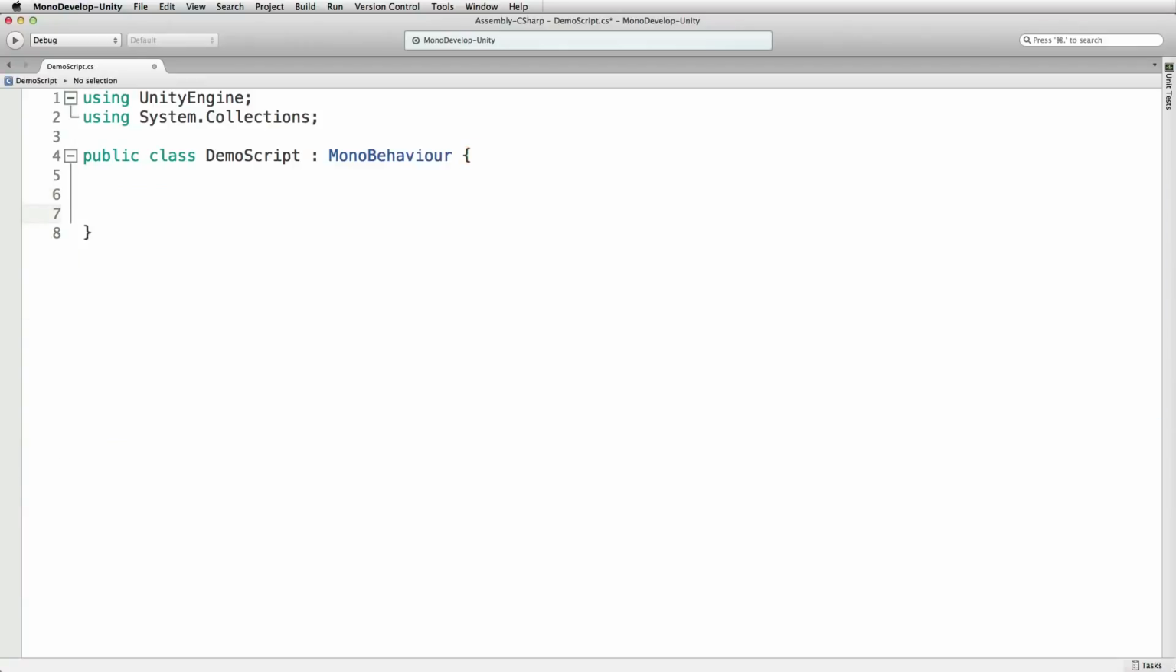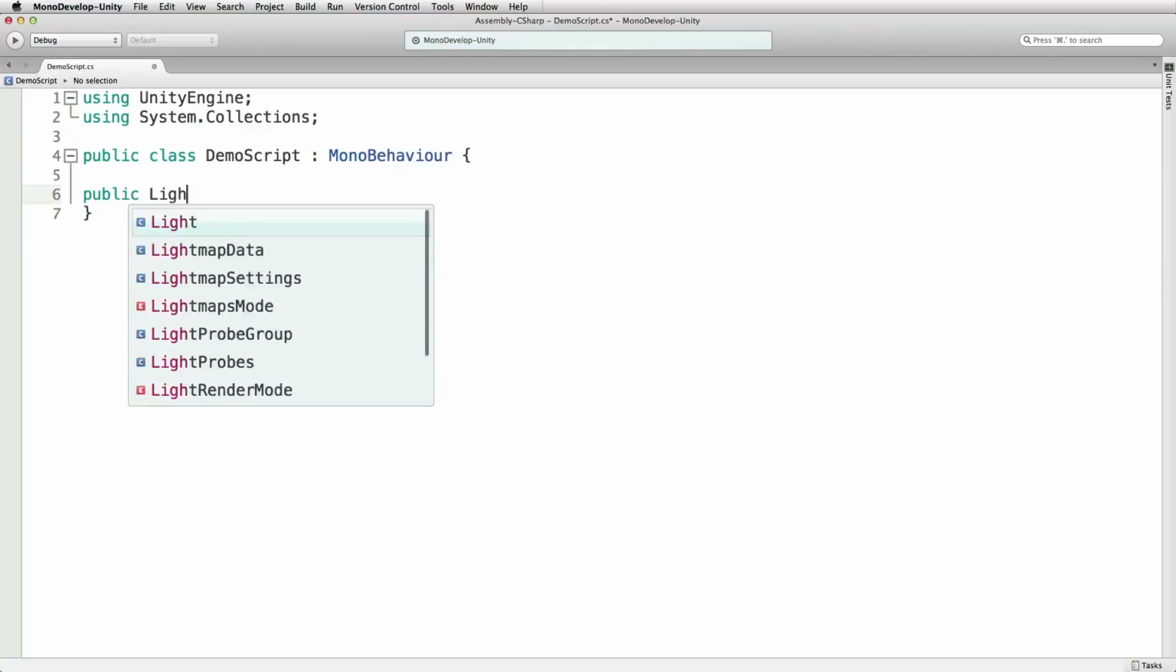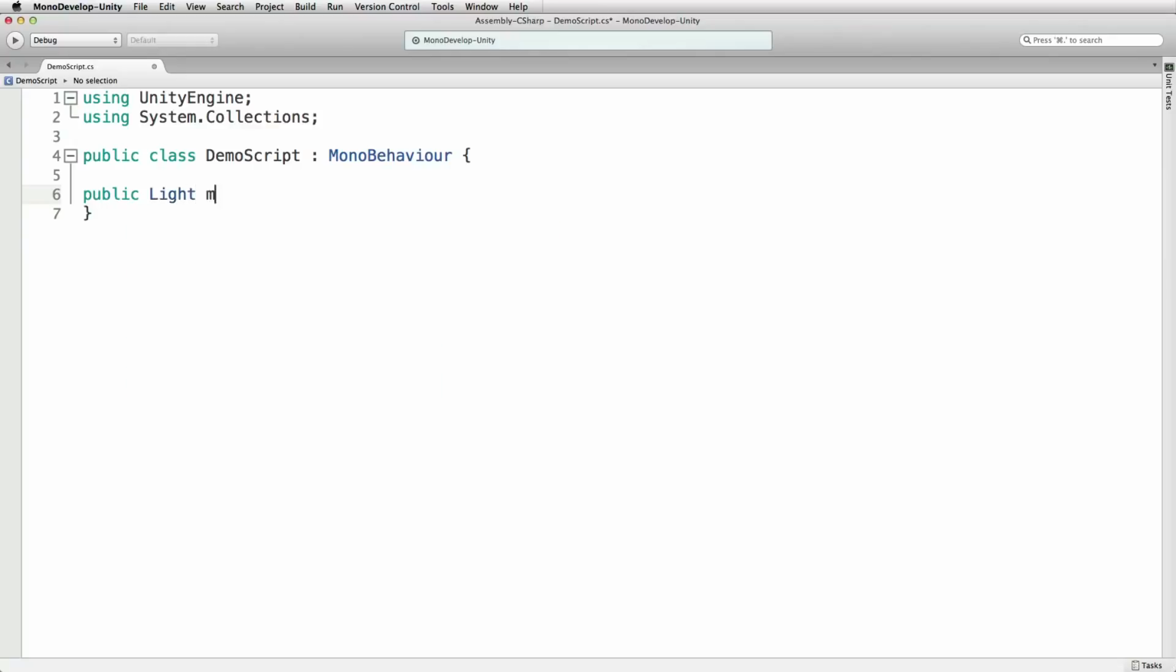What I want to do is get rid of all my code and create a public variable, and I'll explain this in a second. A public variable of the type Light, called myLight. And I want to do something with this light in a function called Update. And Update is called